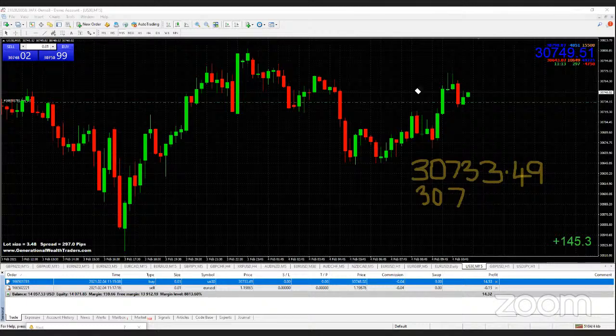Let's say if we're to close the trade at 30,721.49, what would be the movement in price? So assuming we entered the trade at this amount and we closed it at this amount,